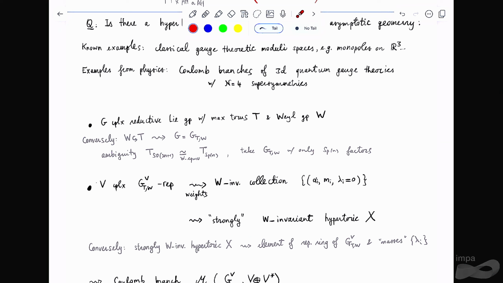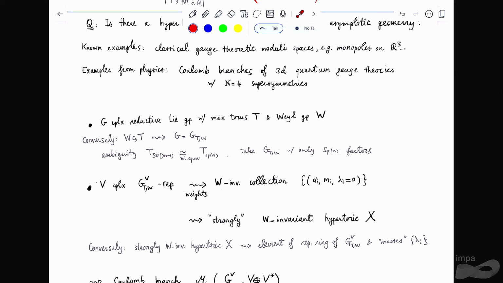If we have a complex reductive Lie group, of course we have its maximal torus acted upon by the Weil group. And actually there's a converse: if you have your complex torus acted on by the Weil group in the way that you want, then you can reconstruct the complex reductive Lie group G in a unique way, except for a little complication,